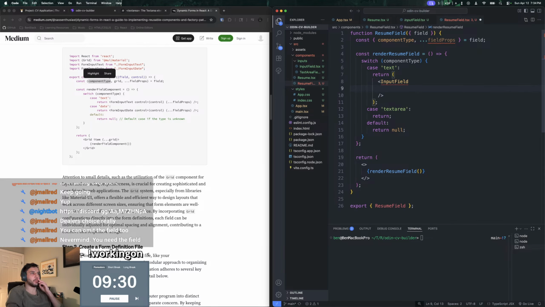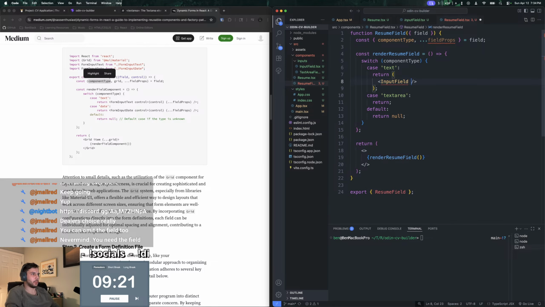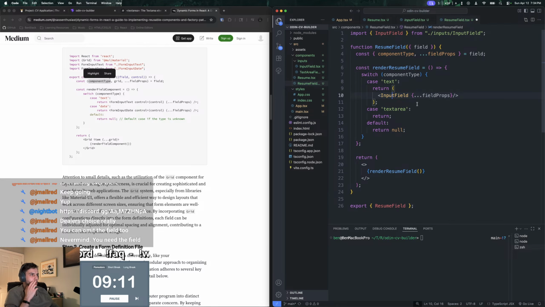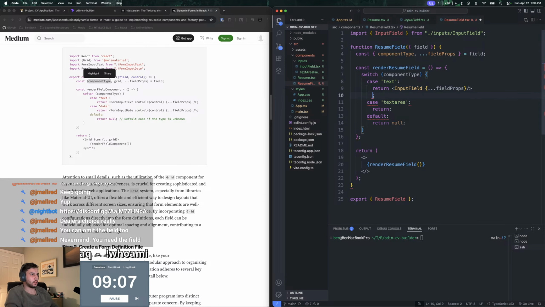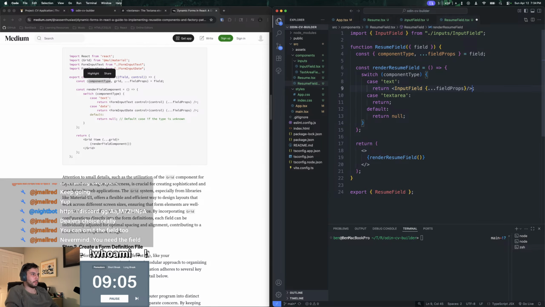Then I can have my different input field. And then actually, I don't even need it like this. What am I doing? I can just do this. Right? Now, I think this is going to error out because, oh, because I didn't import this. There we go. Okay. And then return